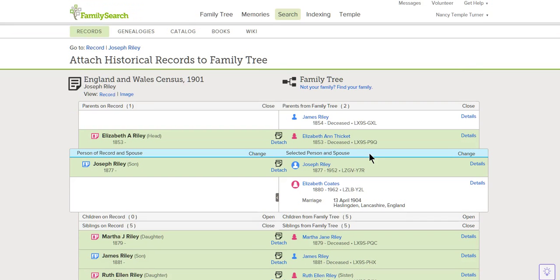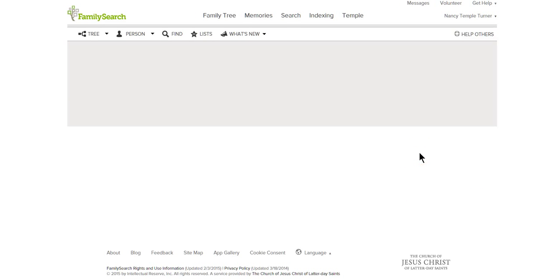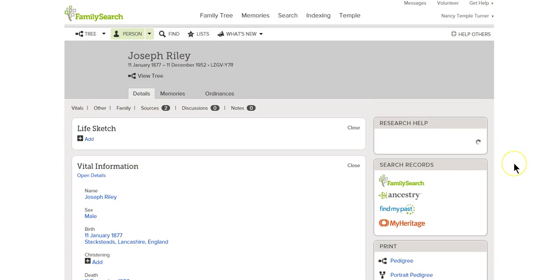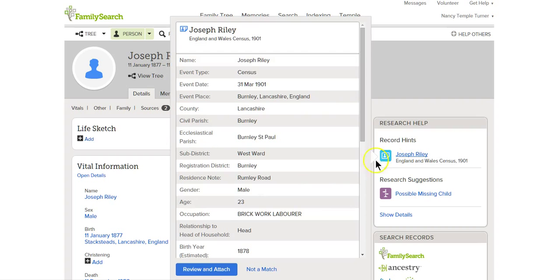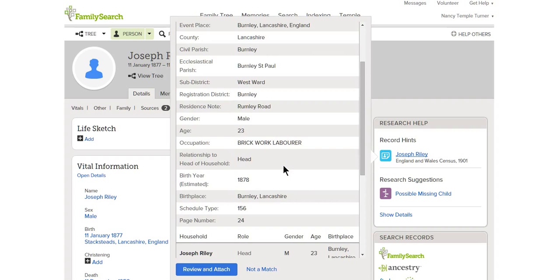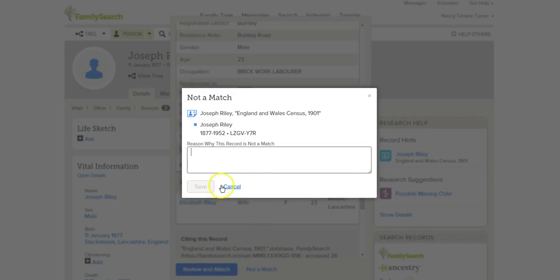And if there was other information that we needed to change, we could also do that at this time. So I'm going to go ahead now and go back to Joseph Riley. And let's get rid of that other record hint that was listed there, because now we know we've seen him in the 1901 census and it fits. And now we know for sure that this Joseph Riley in this 1901 census page is not the Joseph Riley here in my tree. And so I'm going to click not a match, and I'm going to put